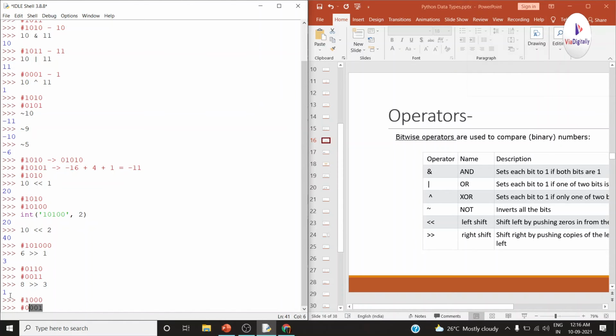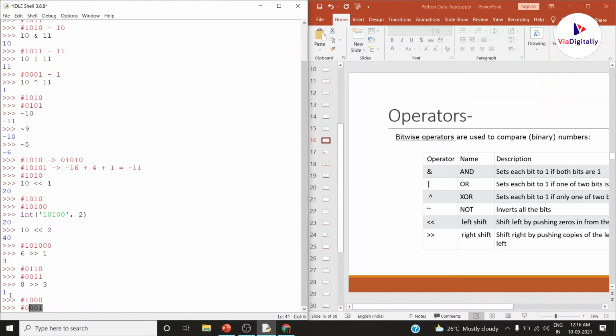I think you have understood clearly how bitwise operators work. If you are very good at bitwise operations, you can solve complex problems with ease. Without performing the actual additions and subtractions, just by shifting or performing logical operations like bitwise AND or bitwise OR, you are going to get different values.